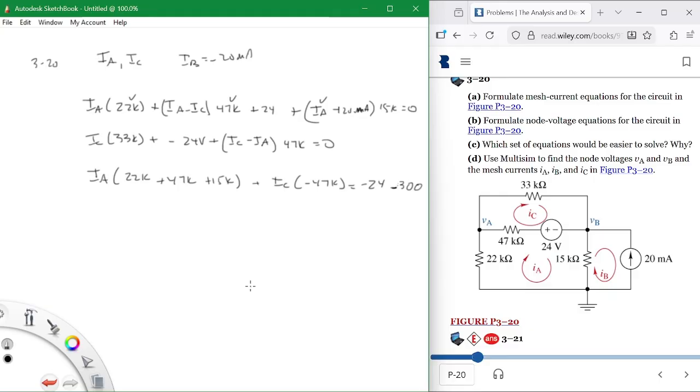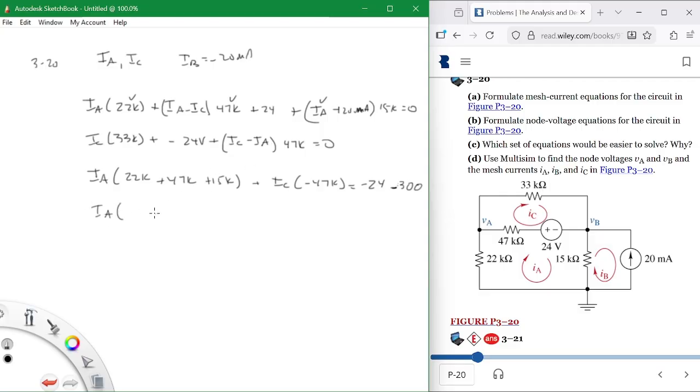All right, so that's my answer on the right-hand side. So 0.020 times 15,000. Yep, I knew it was right, but I just missed it. So minus 24, minus 300 over here, and now I've got my first equation. Now my second equation would be IA